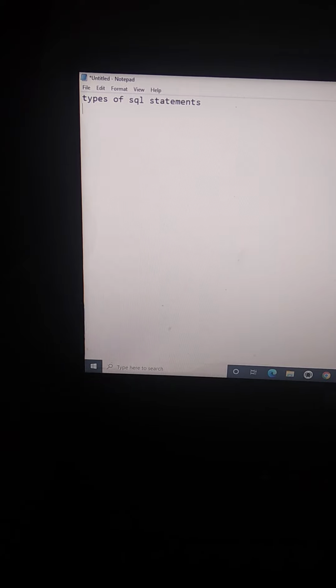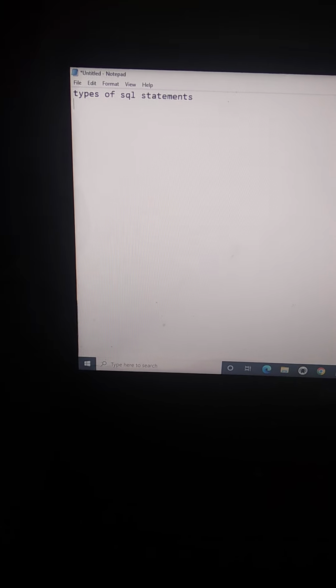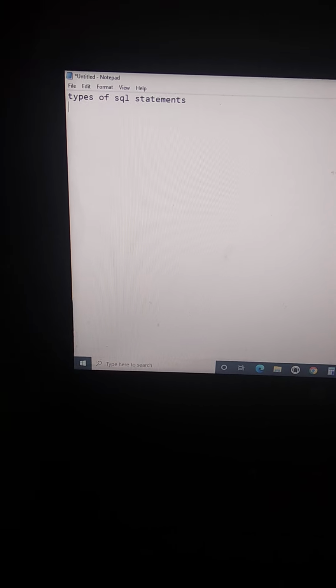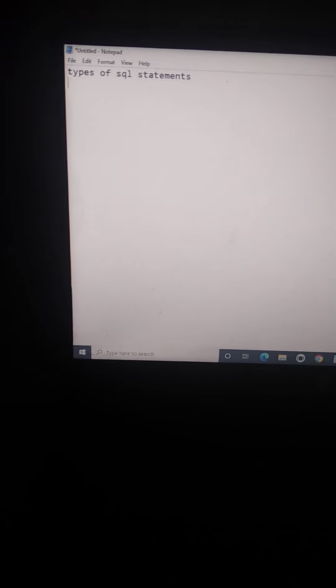We know that SQL is the query language used to retrieve the data from the database. There are different types of SQL statements for different ways of retrieving the data from the database. So what are the different types of SQL statements? Let us see now. The first category is called DDL,